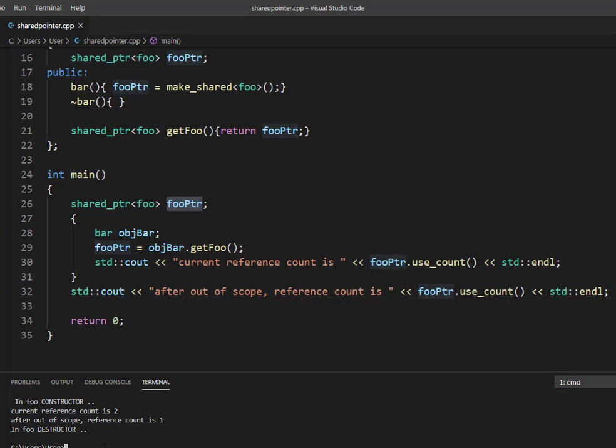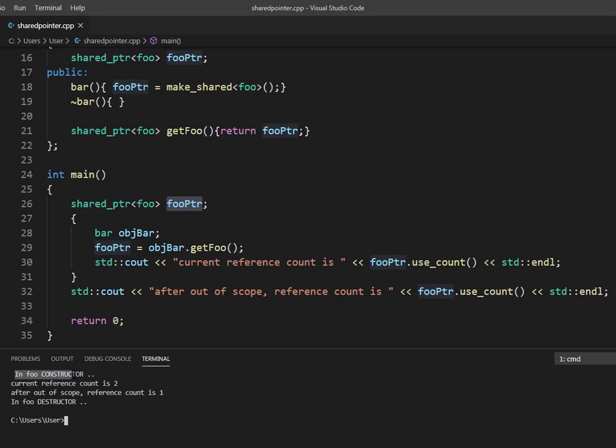Now if I run the program, you see in the foo constructor, yes, the foo will be constructed when I create the bar object. Inside, the foo constructor will be called, and I get the shared pointer outside this, so the current references become 2. Okay, one is inside the bar object and one is outside the bar object, so current references are 2. Now after the scope of this bar object gets over, the destructor of the bar object will be called,